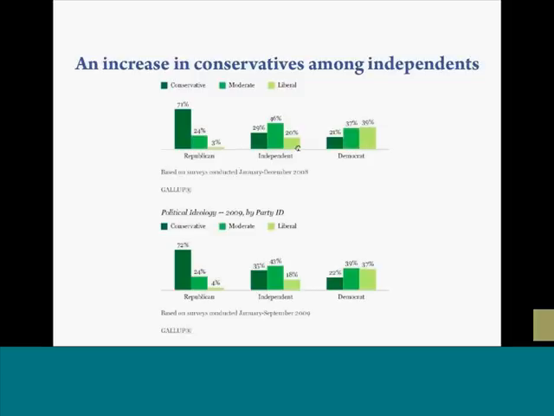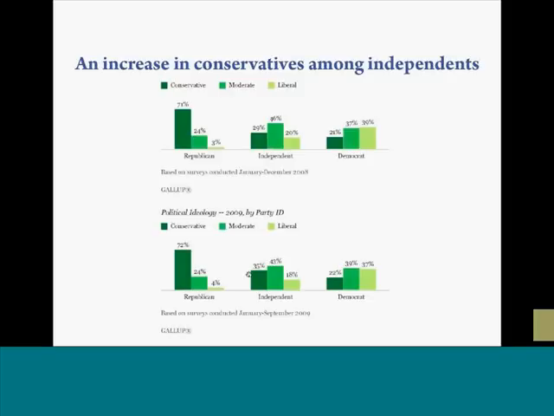What they did was survey Republican, independent, and Democratic voters and ask all of them whether they consider themselves conservative, moderate, or liberal. They discovered that between December of 2008 and September of 2009, the conservative, moderate, liberal composition of Republicans and Democrats is pretty much the same.